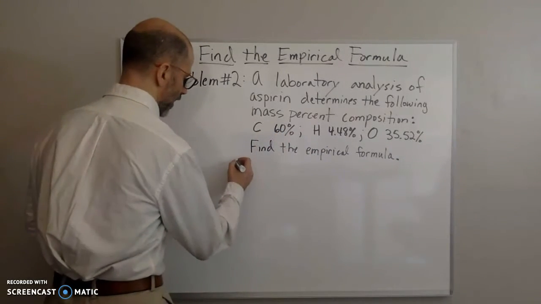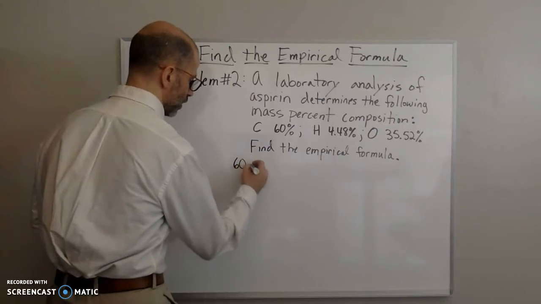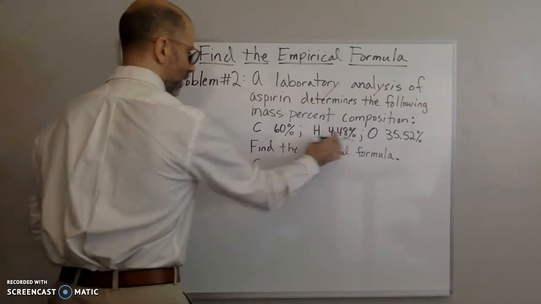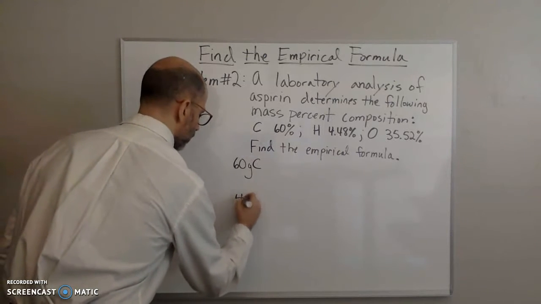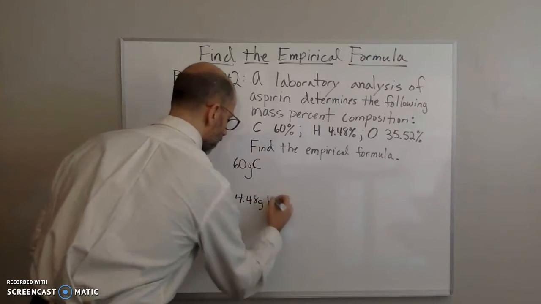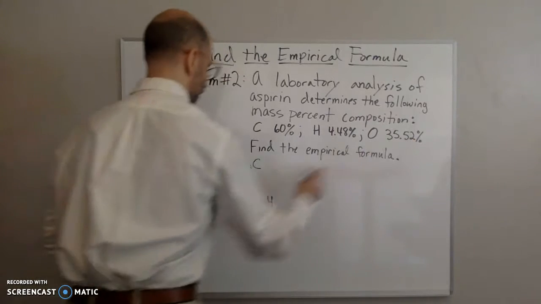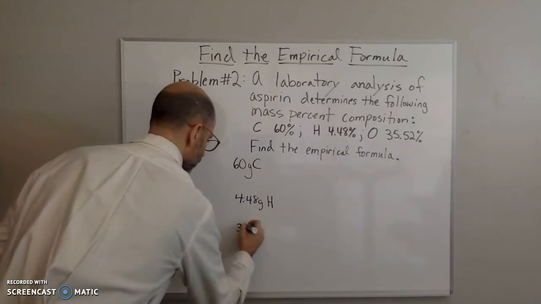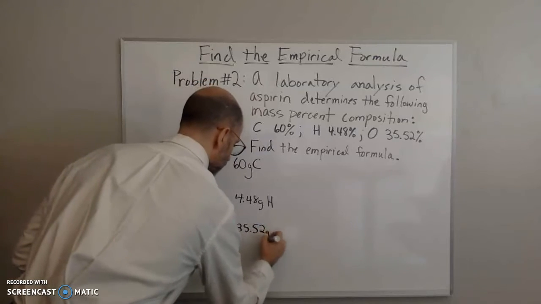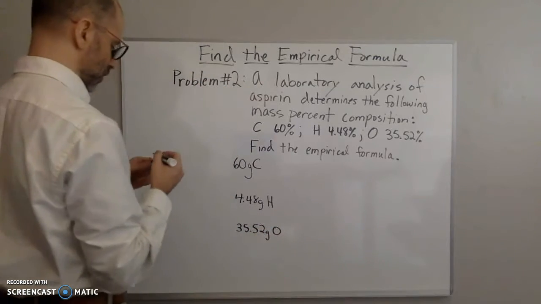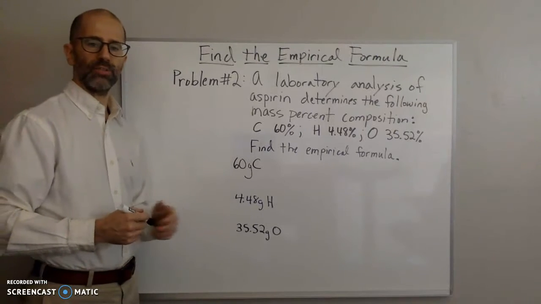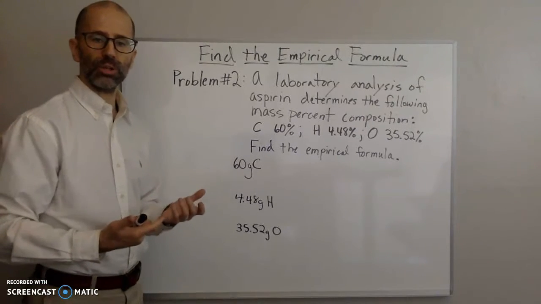So I'll have 60 grams of carbon, right? And then I'll have 4.48 grams of hydrogen, and then I'll have 35.52 grams of oxygen. So now that I have the grams of each of these, I can convert to moles